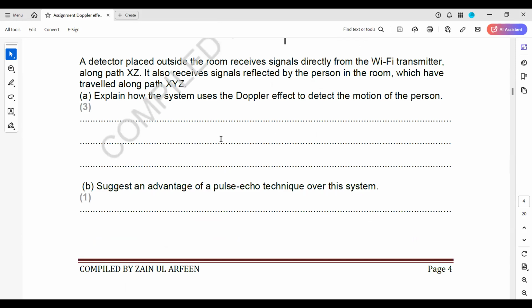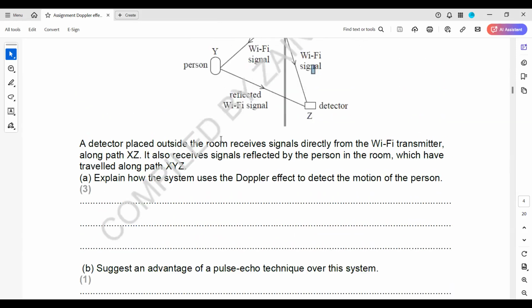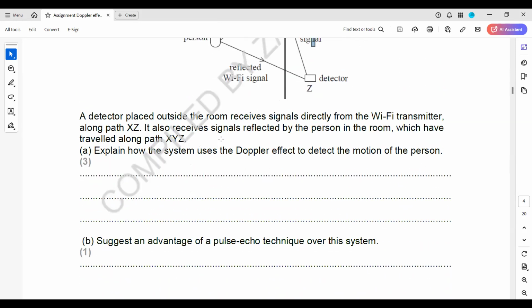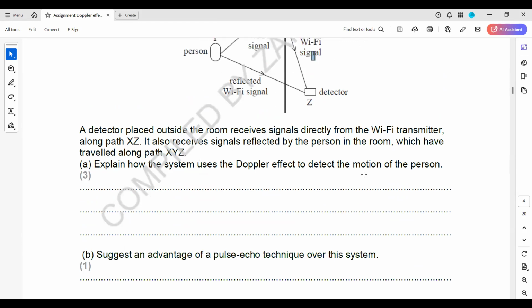Suggest an advantage of the pulse echo technique over this system. Like this system is there, and we have the pulse echo technique. Using the pulse echo technique, we can, first thing, so the advantage of the pulse echo technique over this system is that in a pulse echo technique, it can be